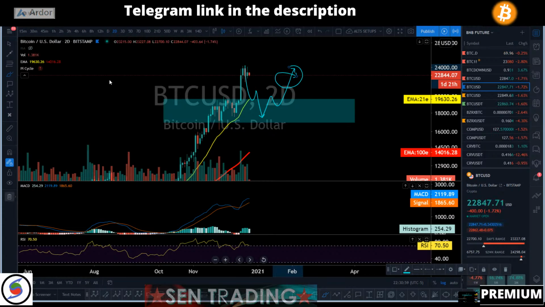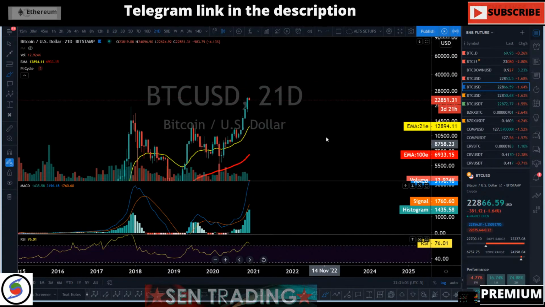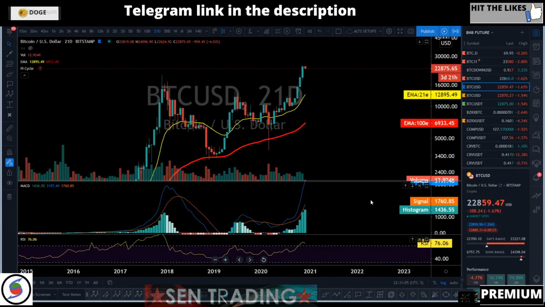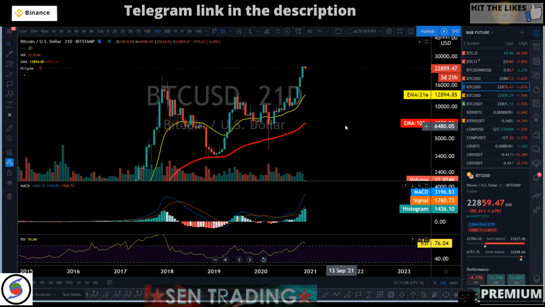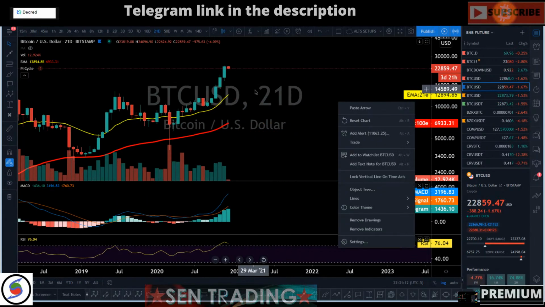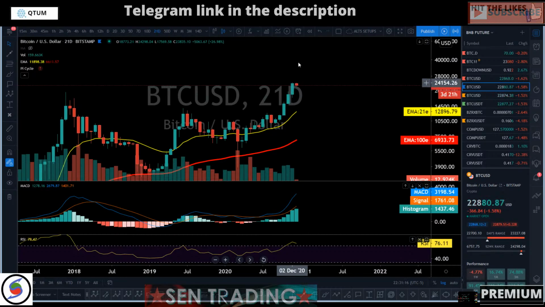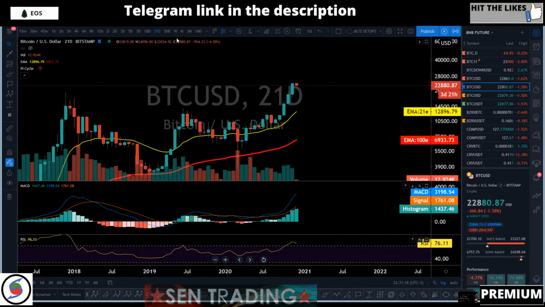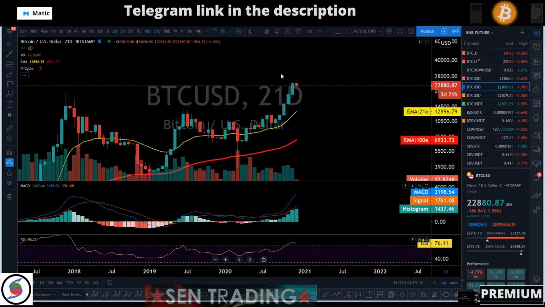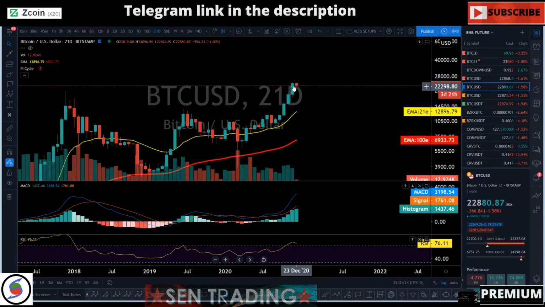So now let's take a look at BTC on a 3 weeks chart. I haven't talked about the 3 weeks chart over the last 3 weeks. The reason why we didn't talk about it was the 50-day candle. I was waiting for the 50-day candle to close bullish, and waiting for it to close also.